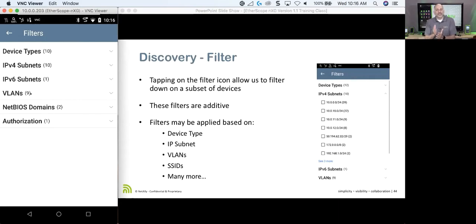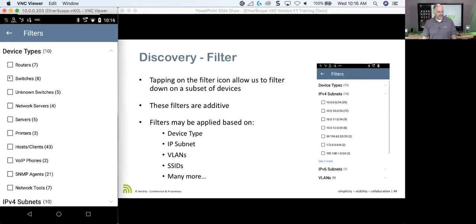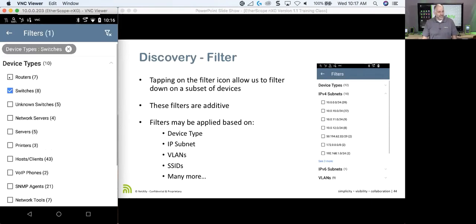So the goal is we want the EtherScope to discover everything, but we don't necessarily want to see everything. We want to be able to drill down. So let's say that I'm interested in switches on my network. Well, I could come in here, go to device types, and say switches, and it shows me how many devices we've discovered for each one of these. So if I go to switches, it now says we've applied one filter, and that is on switches. So if we go back,